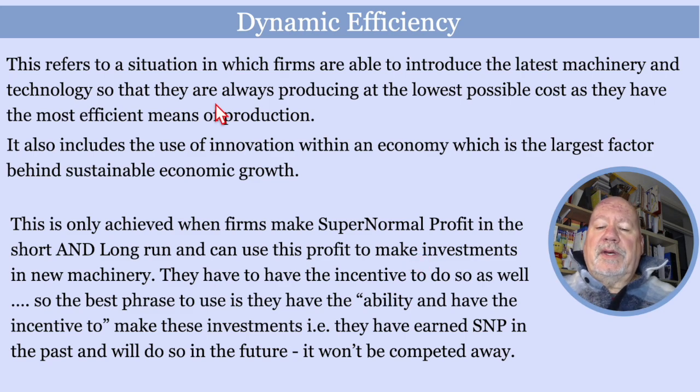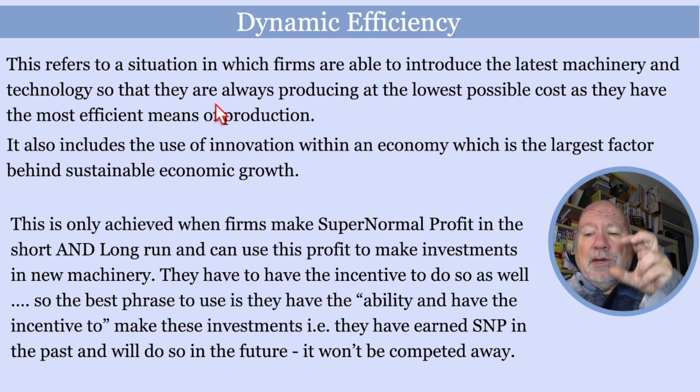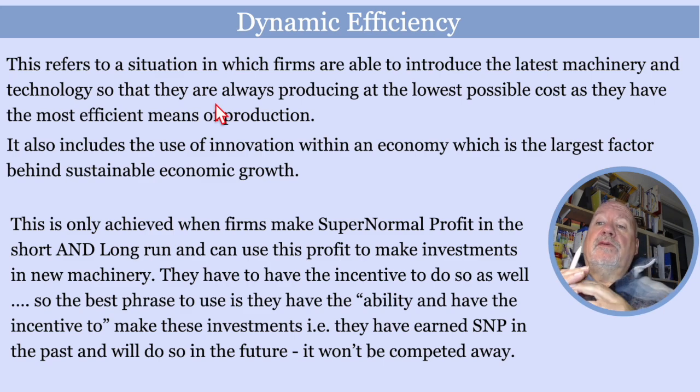So the best phrase to use is that they have the incentive to do so. They have the incentive to bring in new machines and innovate. So they have the ability and they have the incentive. So they're making supernormal profit, that gives them the ability, and they will keep supernormal profit if they are monopoly or they have some form of barrier to entry. So they have the ability to and the incentive to introduce new investments,